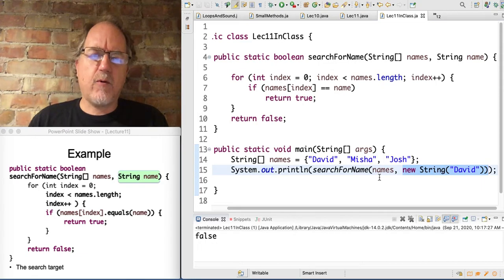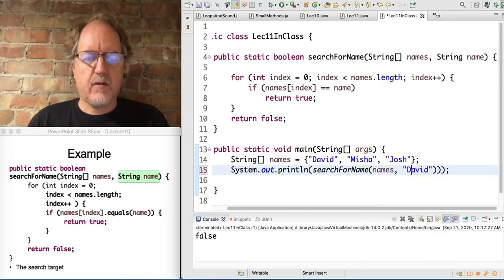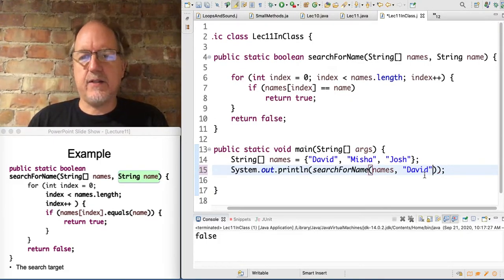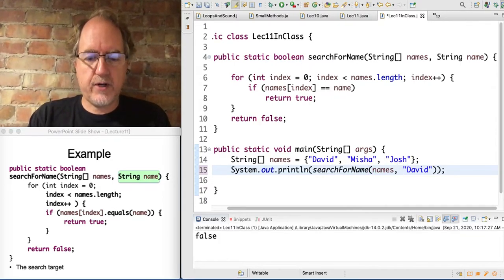Now, the reason it worked before when I had just David was that Java is doing something when it sees this string literal and says, that seems to be the same one as this one. Let's make those the same object. So actually there was only one David string on the heap in this case, and they both have the same reference. And so I passed that reference to here, compared it to here, and it was true that it's the same object. But when I did a new string